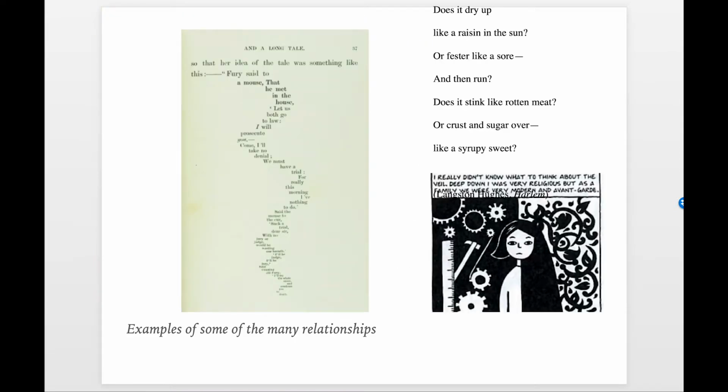Another thing we're going to be exploring in the unit is the extent to which we can become aware of how writing is itself material. Here on the left is an example from Lewis Carroll, where he's written in the shape of the mouse's tail, and he's writing about a mouse. So he's using the materiality of words and of paper to make a different layer of meaning in what he's writing in words. And then on the right at the top,